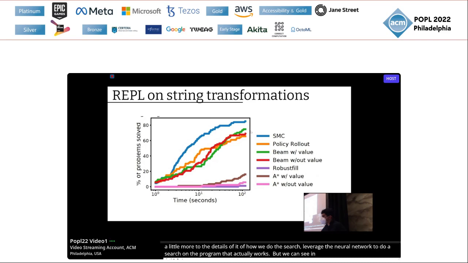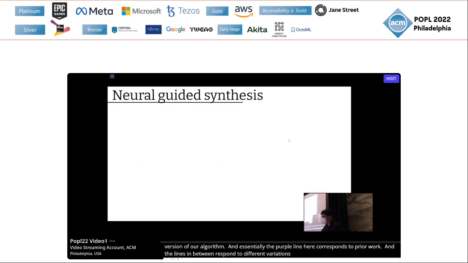So here in this plot, what you're seeing is essentially the blue line is the best version of our algorithm, and the purple line here corresponds to prior work, and the lines in between correspond to different variations of the algorithm. I'm not going to go into the details of them, but this is really just one example of how we